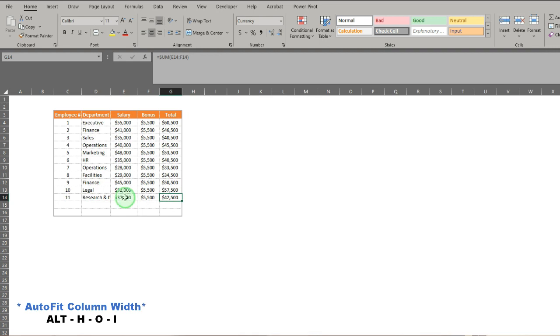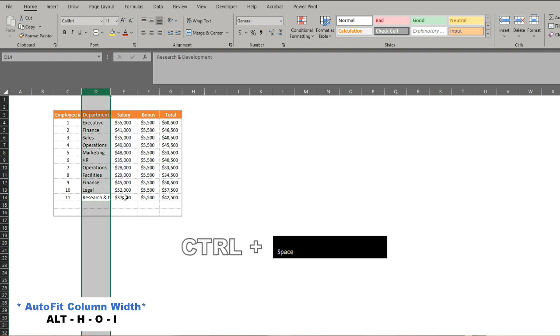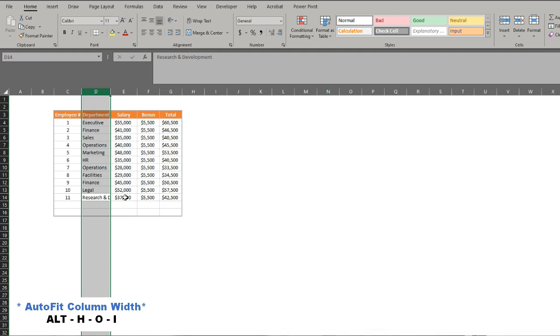The other way to do it is to go into the cell that you know is longest, or if it's a lot of data and it's a long column and you're not sure which cell is the longest, you can hit Control Spacebar, and that'll just highlight the entire column so that when you auto size, Excel is going to know which cell is the longest and it's going to auto fit automatically to that one, even if you don't know it. So I'm going to highlight the whole column and I'm going to hit